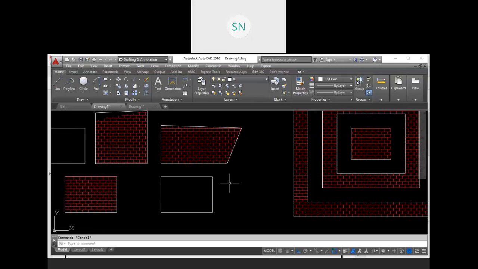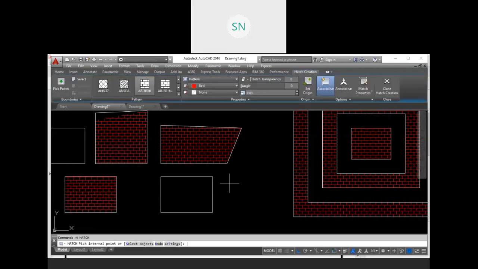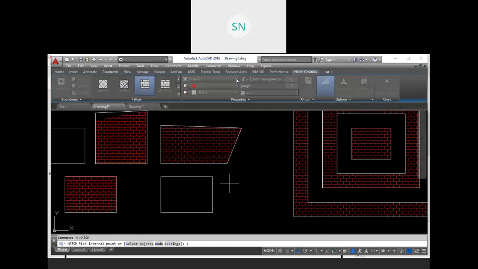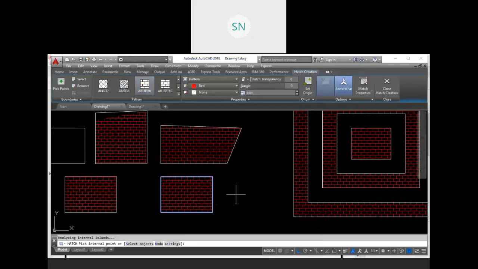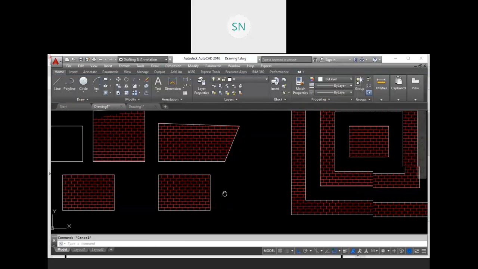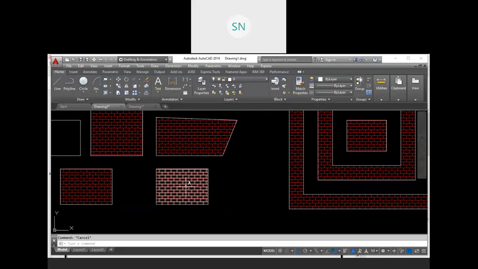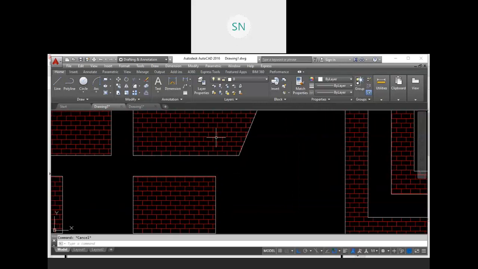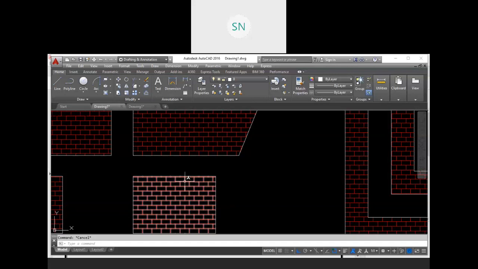Okay, so in hatch settings we have the annotative button. Click on annotative, turn it on, and I'm going to fill this hatch inside this rectangle and press enter. So this is the hatch without annotative and this is the hatch with annotative. When I put my crosshair on this hatch, we have nothing. But when I come on this hatch, we have a triangular symbol at my crosshair, right? And that is our annotative symbol.